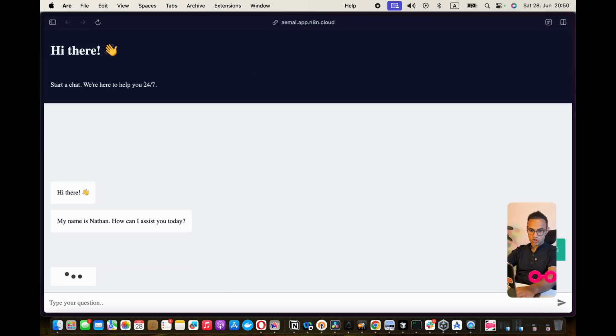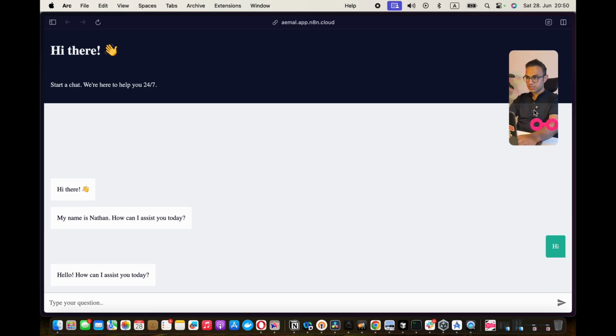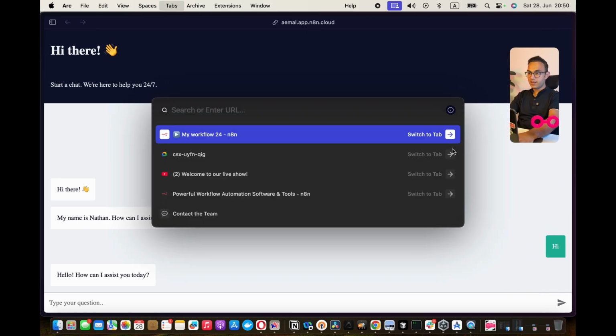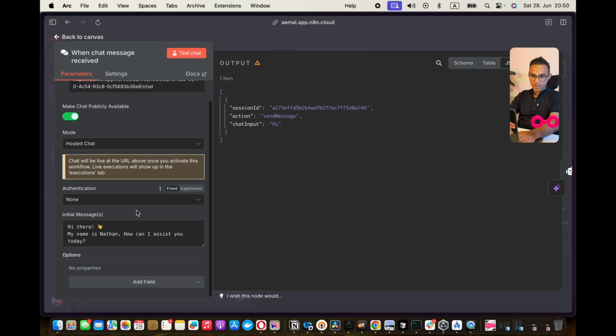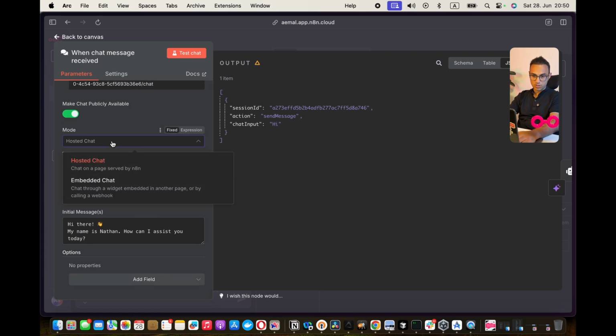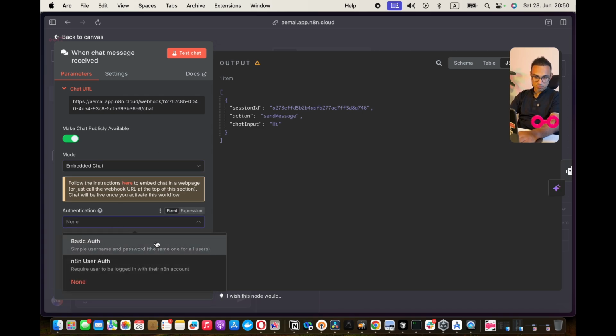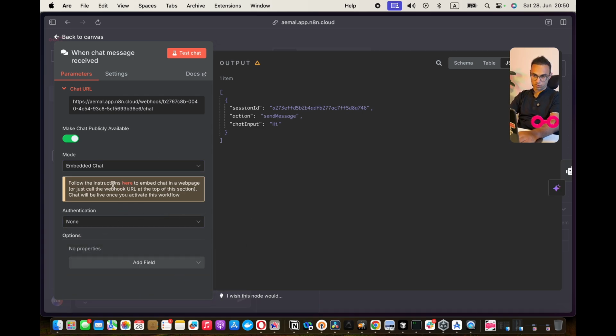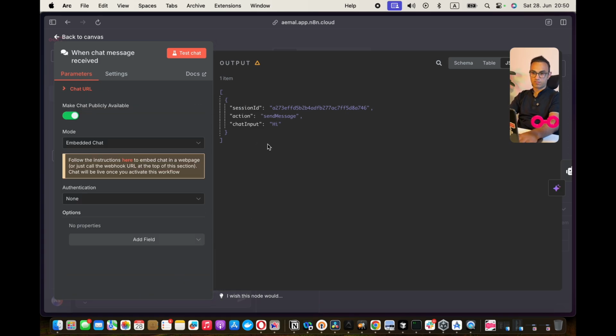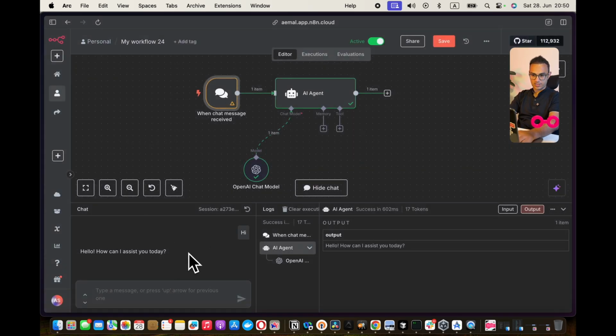And you can literally chat here, and all of this chat information goes through your workflow. With just a few clicks, you can also embed this, put it on your website, handle authentication, and so on and so forth. So this is really powerful. We're going to stick to this chat inside this n8n workflow.